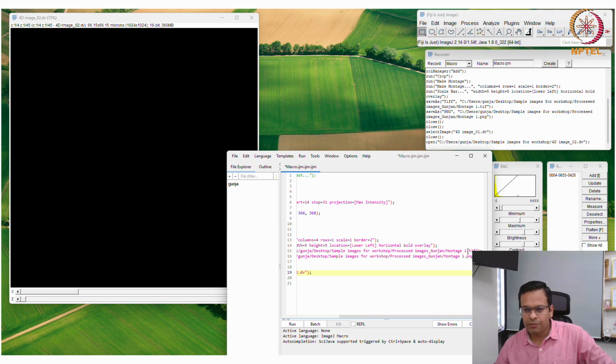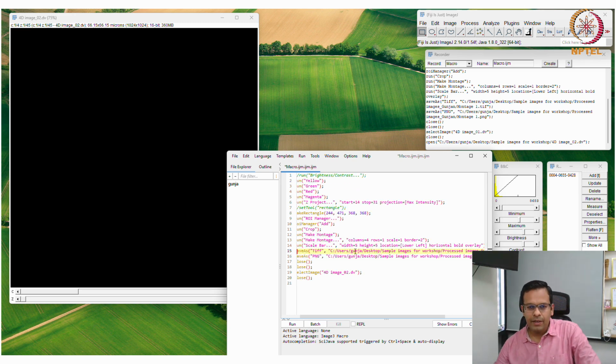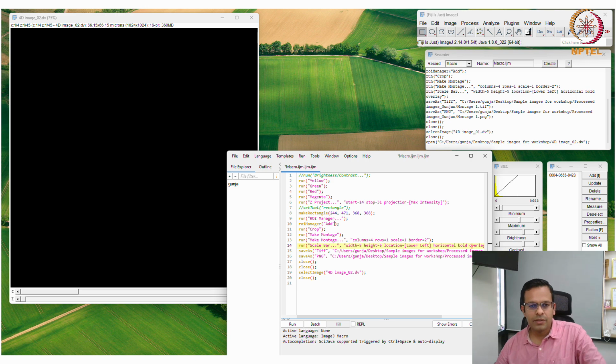That name I will change to montage 2, because this montage is coming from the second file. So it will save it as TIFF and PNG files with the file name montage 2. And if there is any other file name mentioned, you just have to replace 01 with 02 to apply all these functions on the second image.